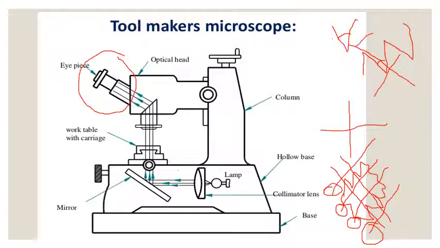Now rotate this line with the help of this eyepiece. The image has to be rotated, and place the other crosswire in this manner. By placing the crosswire in this manner, we can take the final reading. The difference in the readings gives the angle theta. This determines the thread angle. So in this way, with the help of the toolmaker's microscope, we can calculate the minor diameter, major diameter, as well as the thread angle of a given thread.